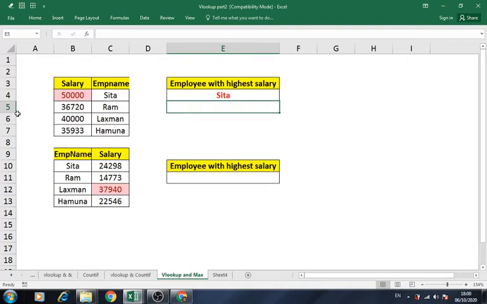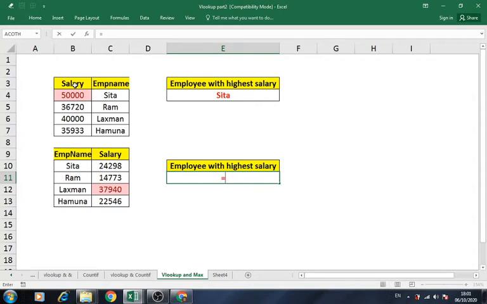Now here if we observe, the salary field is in the first column, so we consider this as a key column. In VLOOKUP, key column should be always the first column, but here it is not the same. The key column is the second column here in this table. Now using VLOOKUP, I cannot get the values from the left side of the key column. So here I will be using a function to pick up a value.